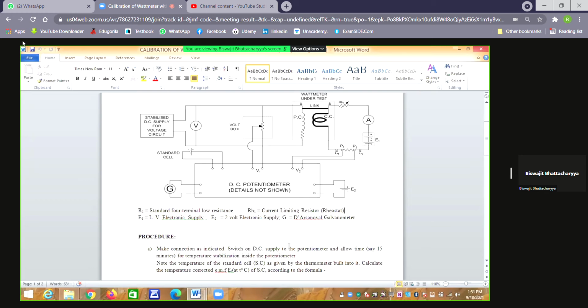But now one more thing I should say in this connection, that we don't know whether we standardize or measure V1 or V2. Initially we don't know whether the galvanometer will be at null or not during the standardization and measurement. So if the applied voltage is heavily different from the internal potentiometer voltage, then the galvanometer will deflect heavily. A high current may flow through the galvanometer, and the galvanometer may be damaged because initially it is not at null and we don't know where the null point is.